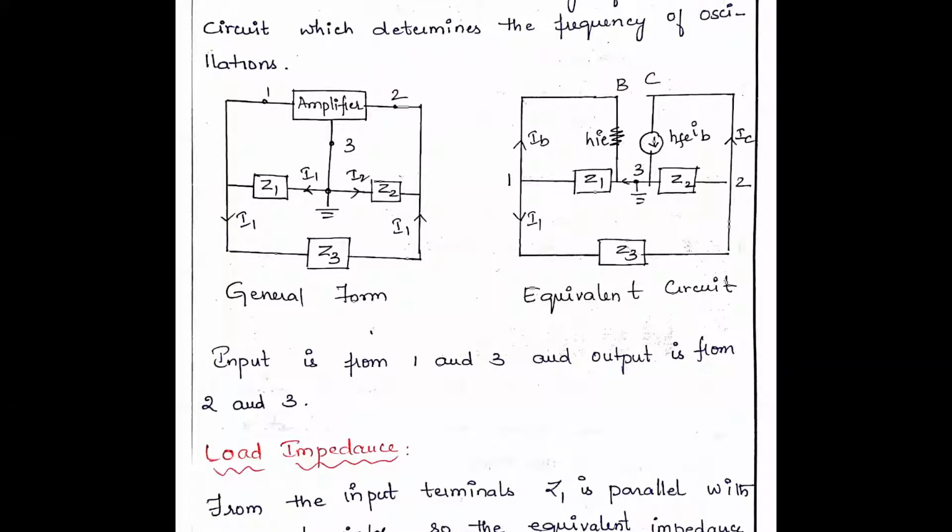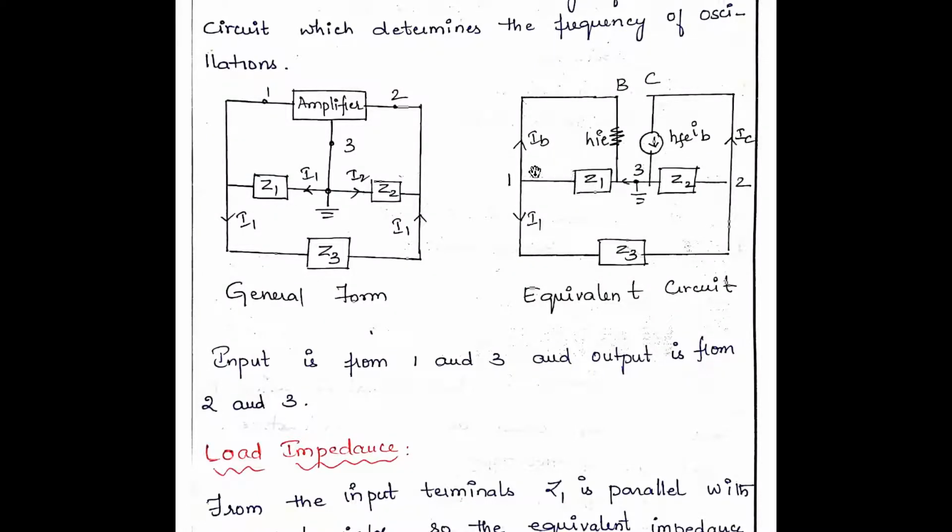The impedance at the output terminal we are calling load impedance ZL. The current flowing through that load impedance is minus HFE IB, which we also discussed. So what will be the output voltage? Minus HFE IB into ZL. Perfect. So the output voltage here is minus HFE IB into ZL.